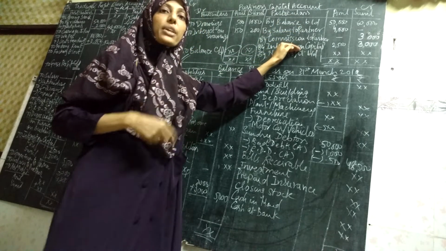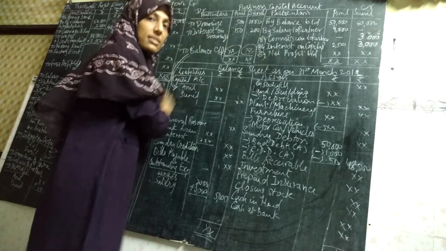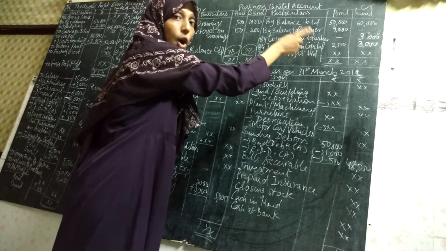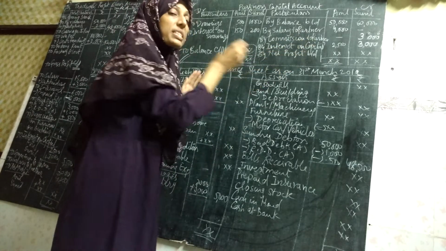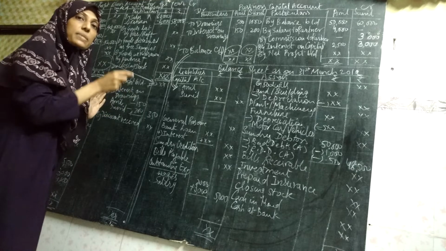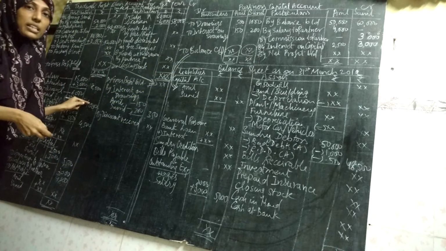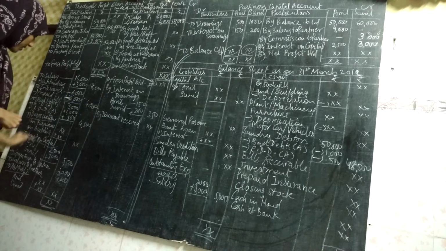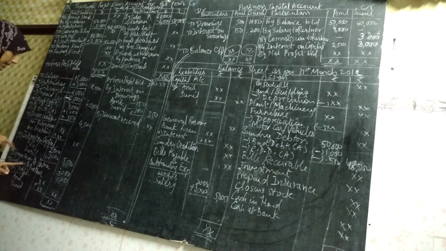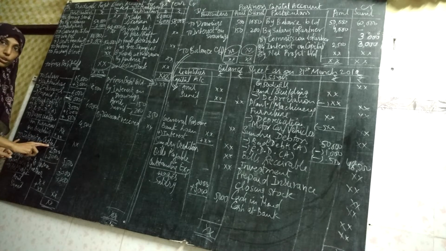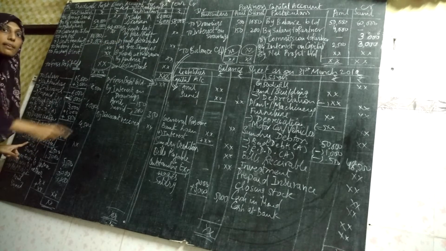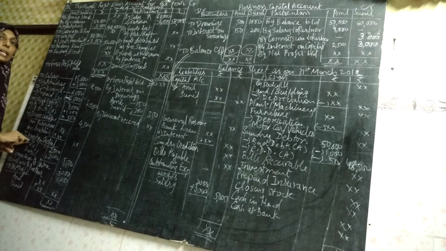The business is going to pay interest on capital to the partner. Because the business is paying interest to the partner, it is an expense for the business. So interest on capital will be shown on the debit side. Interest on capital is shown on the debit side because the business is paying interest to the partner. So at the moment, the interest on capital is an expense for the business.